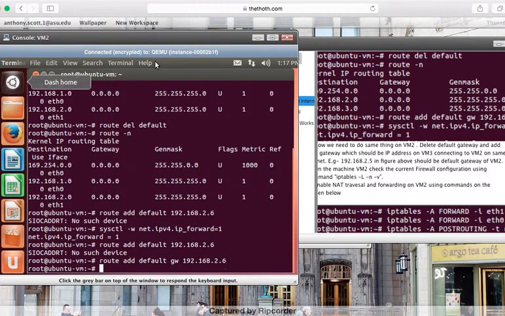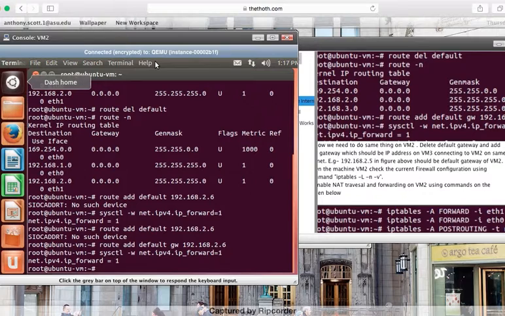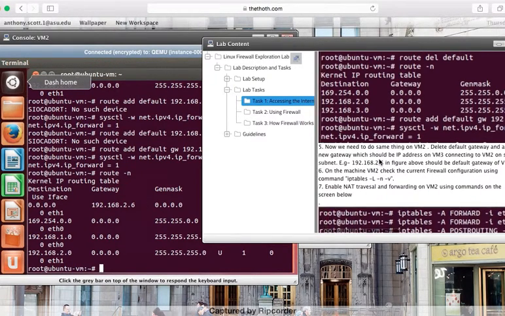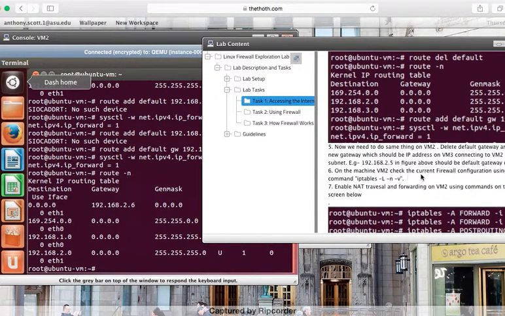So this should work. The route got added. I can just check and make sure that the forwarding is enabled. And I can also go back and check to make sure that it's in the table as well, which it is. So now, the next step is